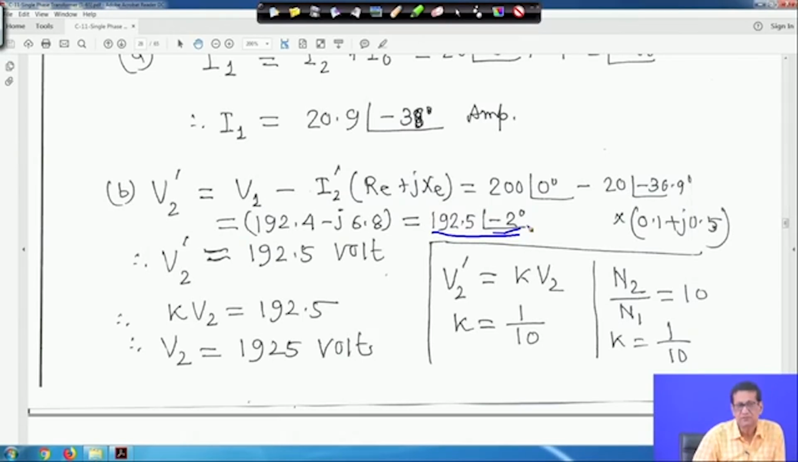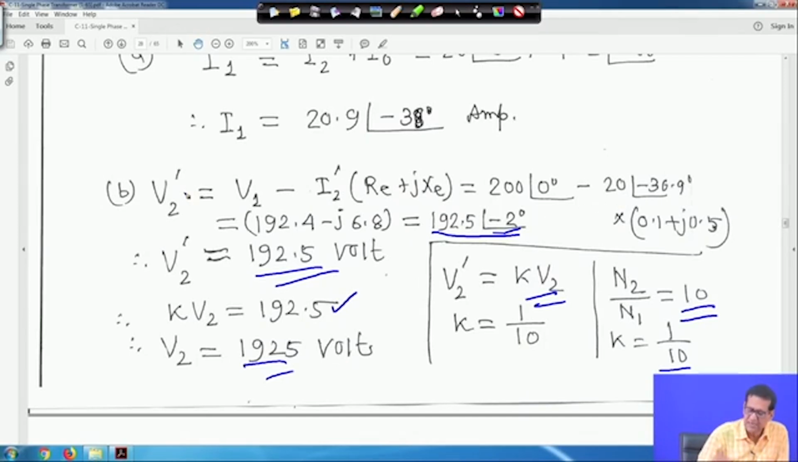192.5 angle minus 2 degree, and the magnitude of V2 dash will be 192.5 volt. And earlier we have seen V2 dash is equal to K V2, with K equal to N2 by N1, and I told you it is 10 because the high voltage side voltage is 2000 volt. I missed that one, it was not written there. So K is equal to 1 upon 10. So K V2 is equal to V2 dash, because V2 dash is equal to K V2. So V2 will be 1925 volt, and the angle of V2 dash is minus 2 degree. So the magnitude of V2 is 1925 volt,